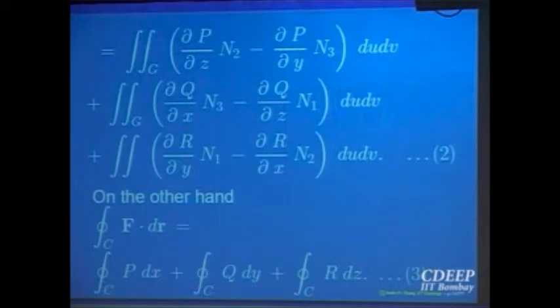So what is the natural thing to do? Like for Green's theorem, we will show that the terms containing P are equal to the terms containing P on this side. The terms containing Q will be equal to the corresponding integral for Q. The corresponding R terms will be equal to the line integral over R. So we will show that the first double integral over G, with the partial derivatives involving P, is equal to the line integral of P. Similarly for the second and third, and then the basic thing is to add these up to get the result. So to prove 2 is equal to 3, it is sufficient to prove that this is equal to this, is equal to this, is equal to this.